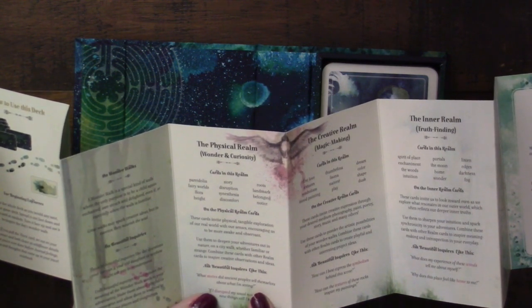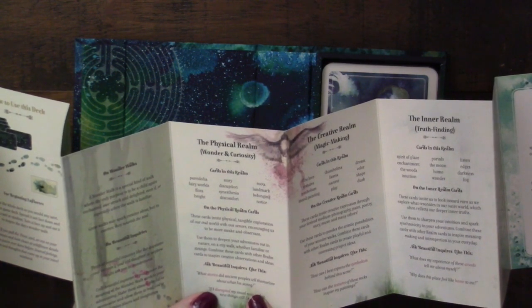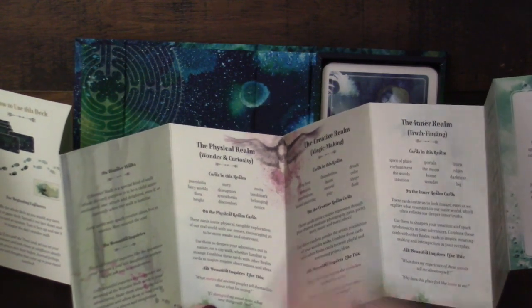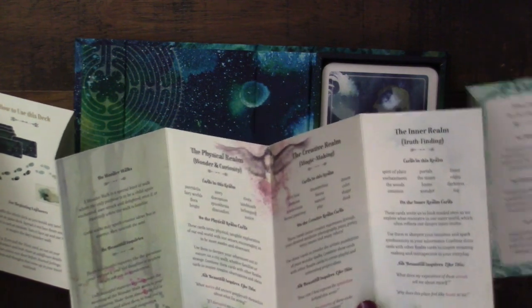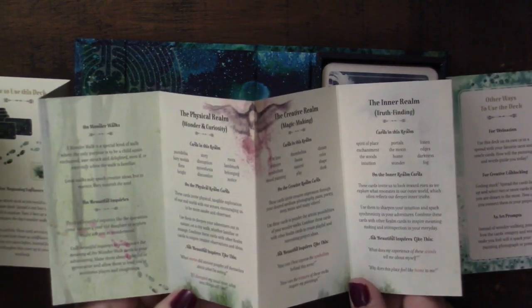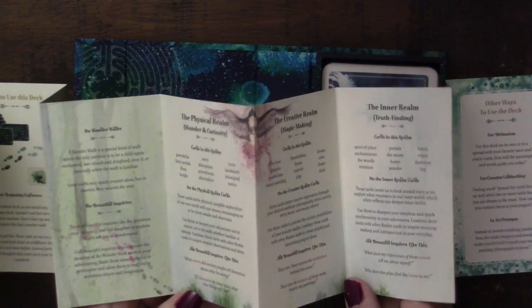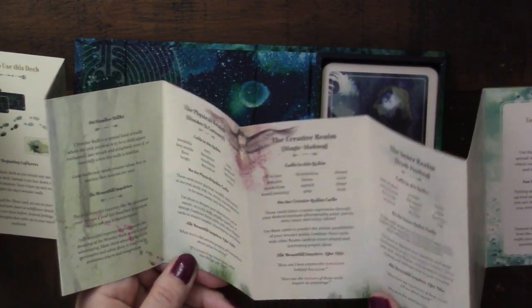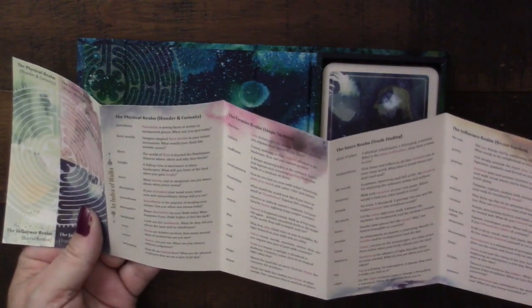Combine these cards with other realm cards to inspire creative observations and ideas. So this is really meant to actually get you out into the world. That's why she calls it the deck for wonder walking, is that its intention is to get you out and exploring the world around you, not just the actual cards. So it has that, and then on the back it does have